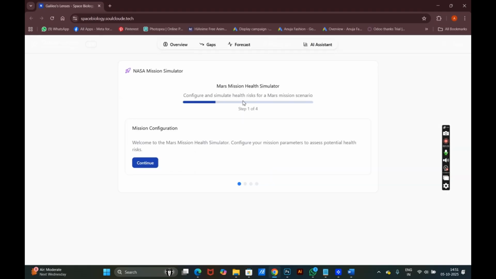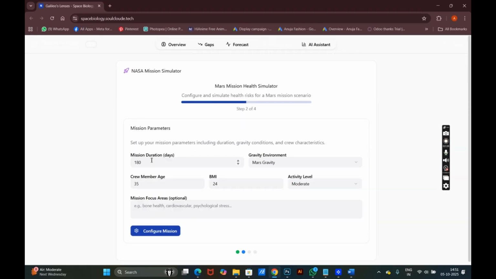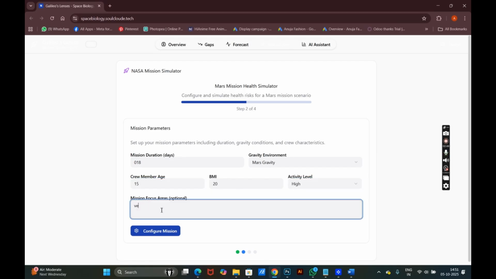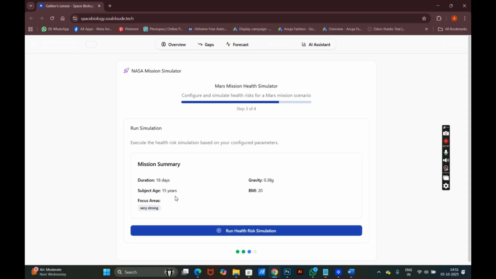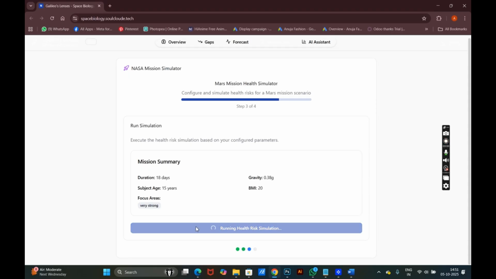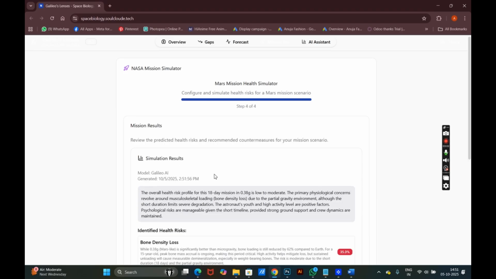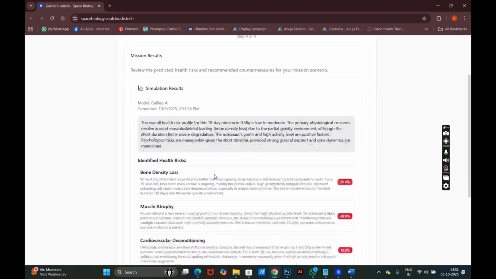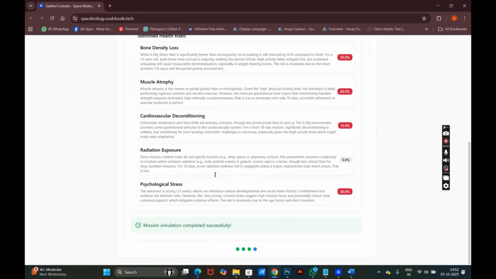Moving on to the mission simulator stage, this is where you can simulate your health on a mission. For example, if you are going to the moon, you can fill in the details that the table has provided, and you can get specific details and see how at risk you are of future problems when you are in space for a long duration of time. With space travel coming up, and with the moon base being ready by 2035, this tool can be really helpful in monitoring your health and also foreseeing future problems that you might face going to space.